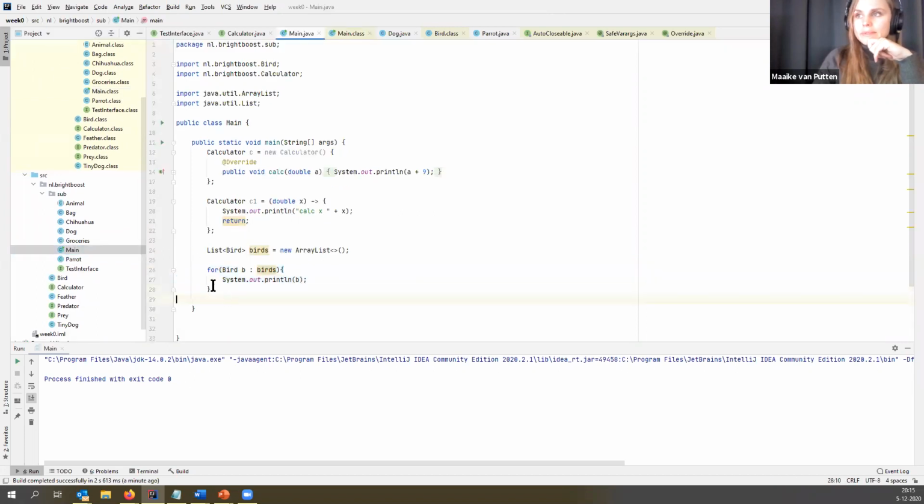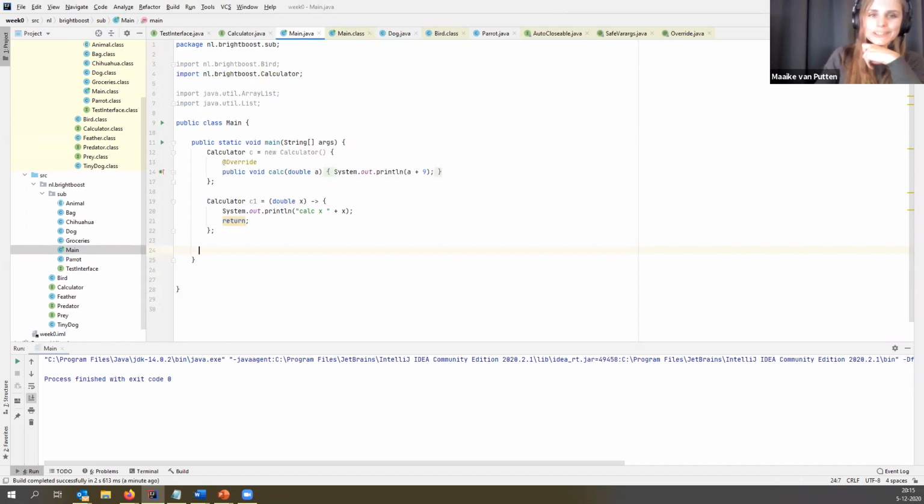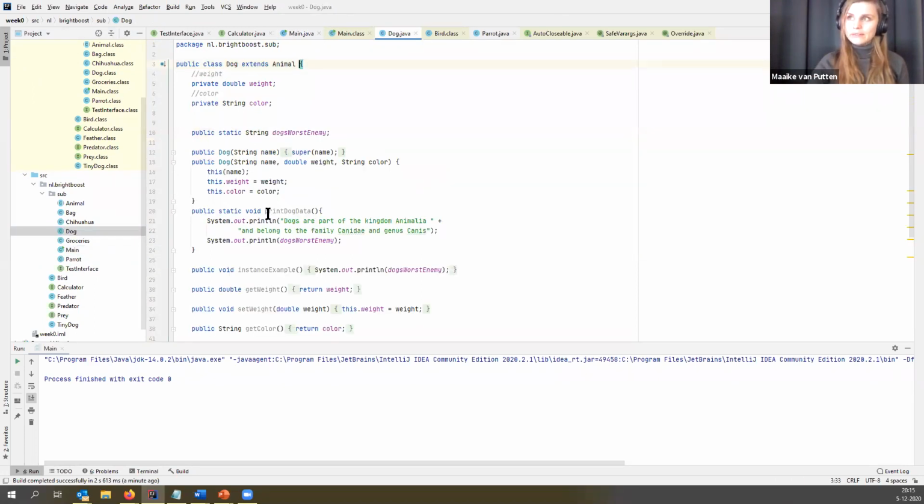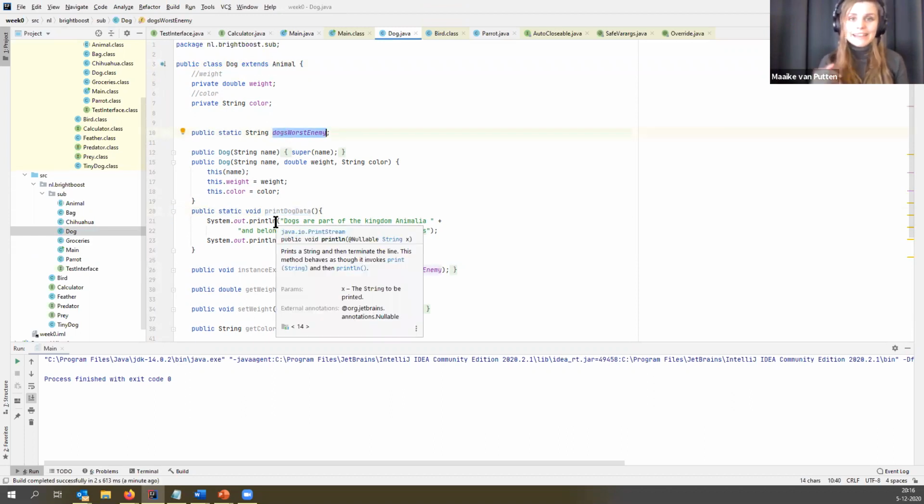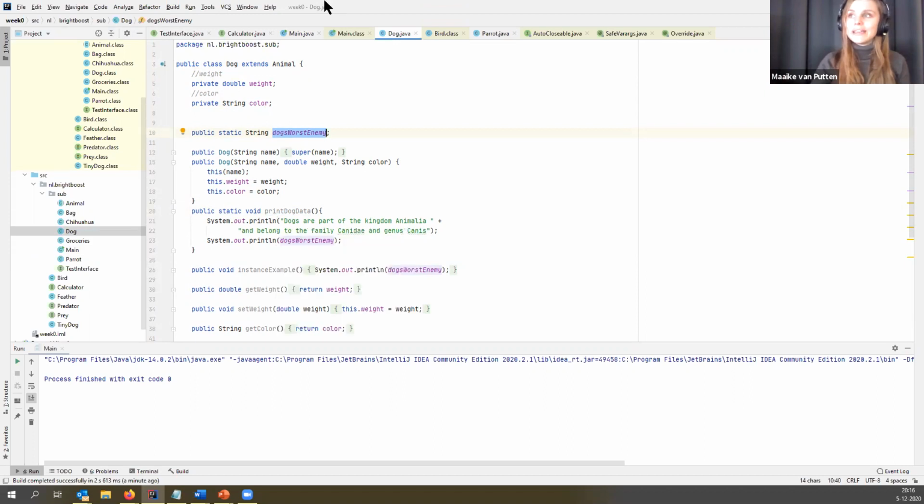Back here, let's get rid of this. So the next question was about static. And well, why is this static? Let's first take a step back and see what static is again. If something is static, it means that it belongs to the class rather than to the instance of a class. So for example, this dog over here, it's a very poorly written class, but it's a blueprint of what a dog should be. And if we have a static method in here, and we have a static property in here, that actually means that all instances of dog, they share this